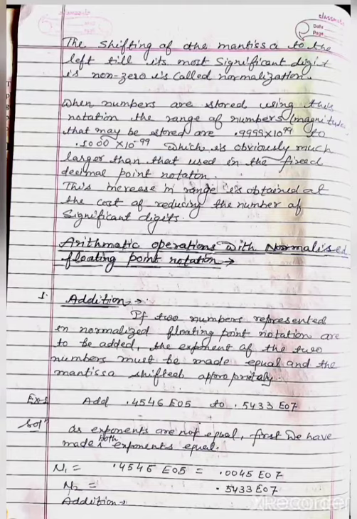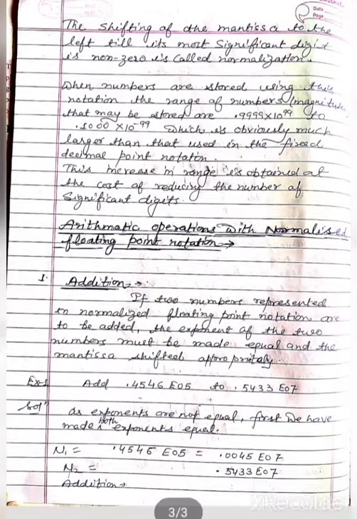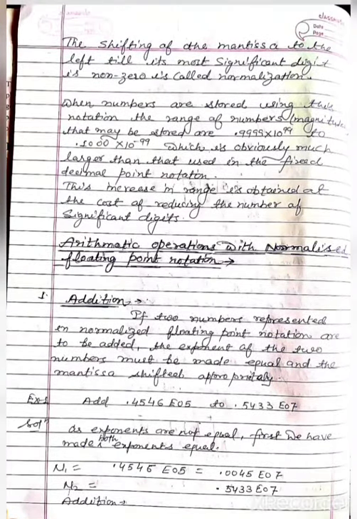If two numbers represented in normalized floating point notation are to be added, the exponents of the two numbers must be made equal and the mantissa shifted appropriately. For example, if we have two numbers for addition, number 1 is 0.4546 E05 and the second number is 0.4533